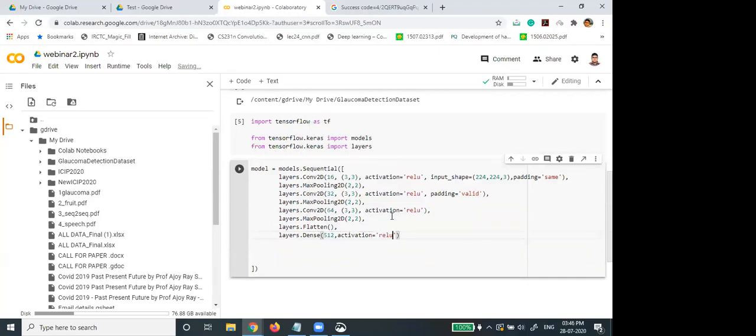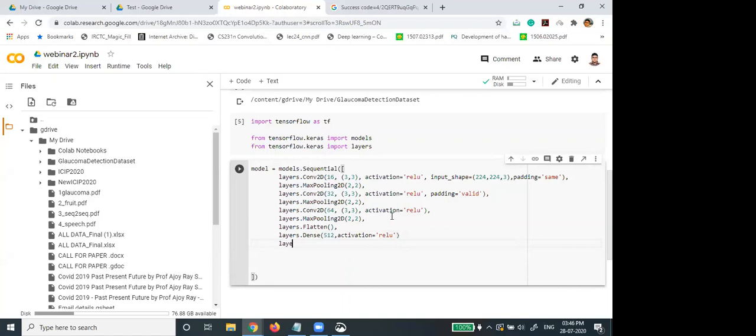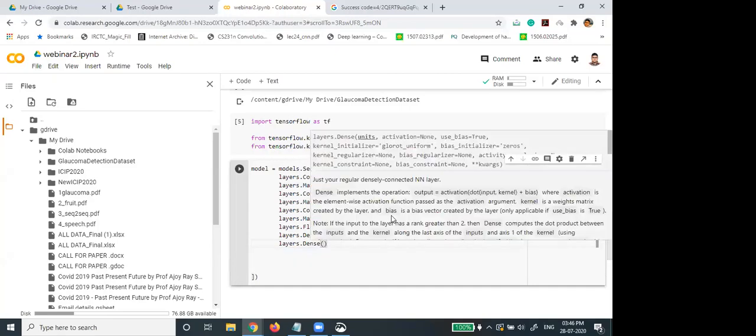Okay. Here I am putting another dense layer, and here I am giving the output as one output.